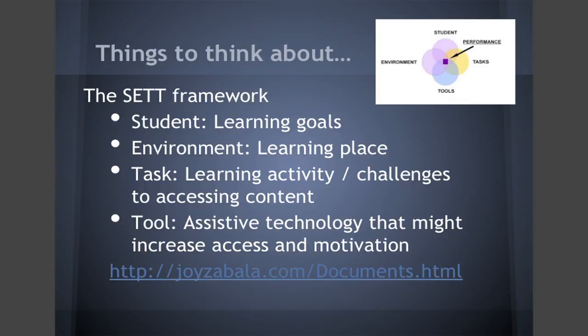The way it works is that you look at the student, you look at where they're learning, their learning environment. If it's a classroom setting, is it lecture? Is it one of our online students? Where are they learning? What is the learning task? What are they trying to do? Are they reading? Are they watching a video? Are they watching a lecture? Are they writing a report? Are they doing an iMovie? What do they need to access? And then we match the technology with the student, the environment, the task, and then we pick the technology tool